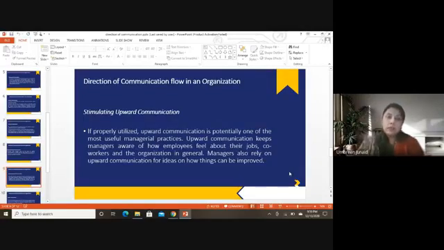That is exactly what I was discussing a little while ago. Actually, this two-way communication is not just important and useful for the employees. It is very, very good for the managers as well, because in this way they can improve things. In this way they can be aware if the employees are satisfied with their jobs, if they are satisfied with their co-workers, if there is any tension going on in any department.